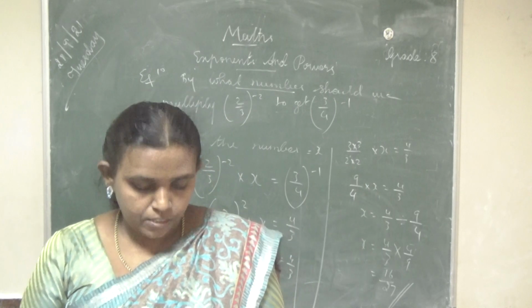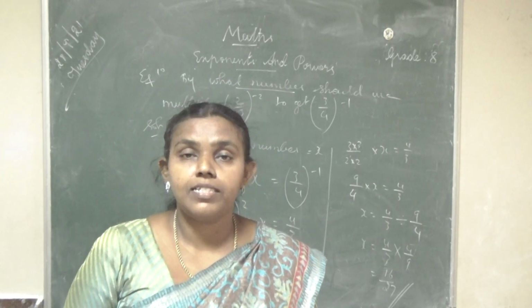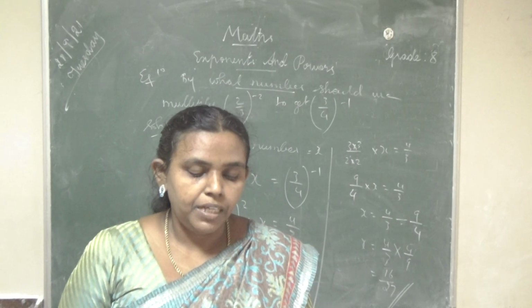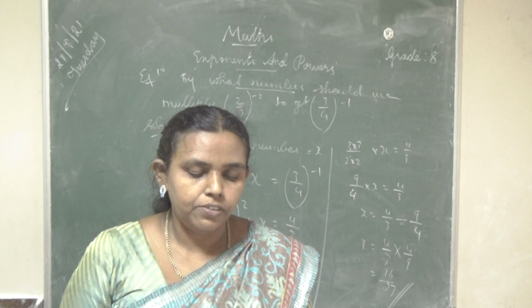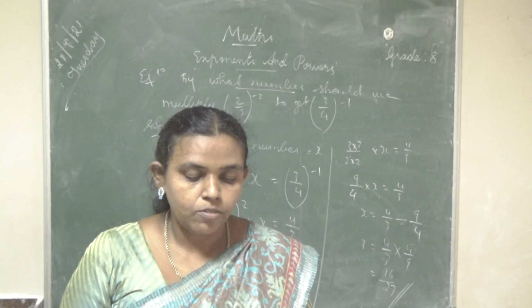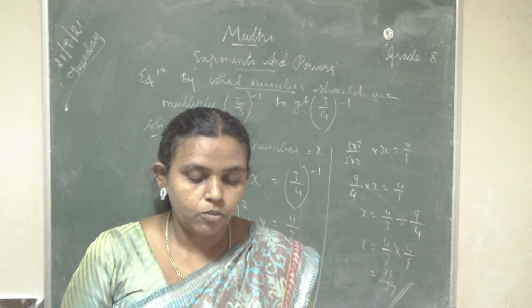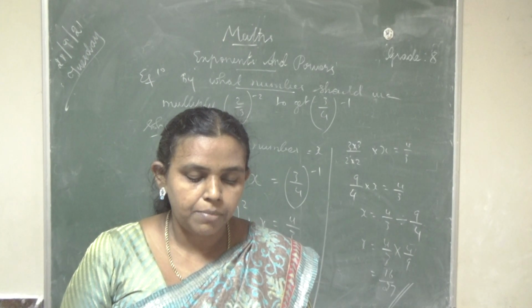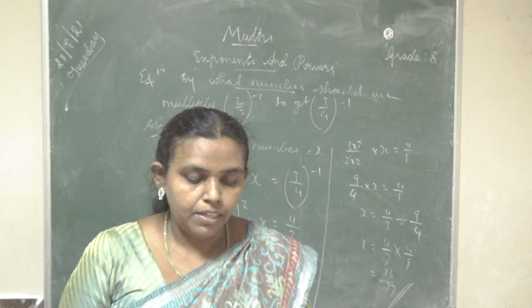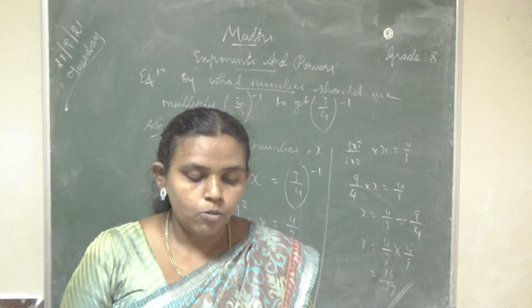I'll read the question. Take a maths reader. Take page number 30. It's a big question, I can't write it on the blackboard. Some neighboring villages collected a flood relief fund of rupees x power 5 y square. They decided to distribute the fund equally among all the flood affected families in the coastal village. If there were xy families, find the amount of fund received by each family in the coastal village.